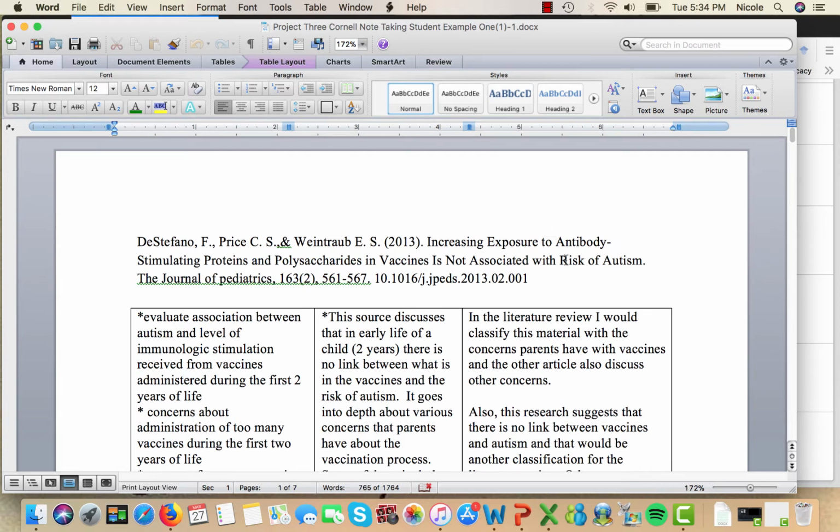Okay, so when you open up the sample Cornell notes, just a couple of things I want to point out about how they're laid out and how to set up your notes. First of all, of course, put a citation at the top. Before you get into the notes about the source, make sure you have your citation all correct and complete.